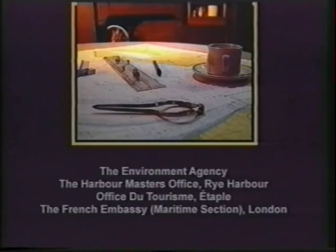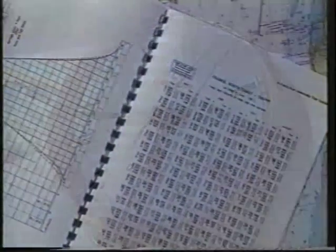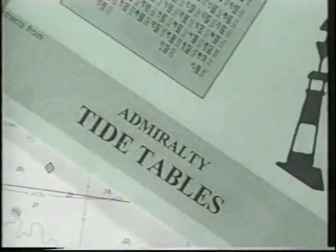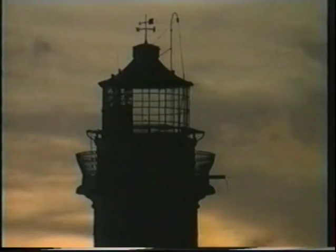This film has been produced in order to show some of the techniques involved in planning a passage and in plotting it on a chart. What you'll see is not intended as a substitute for the NMCS manuals, but to supplement them and to enlarge your coursework so far. It's an idealized scenario, and because this is an exercise solely in navigation, there are some